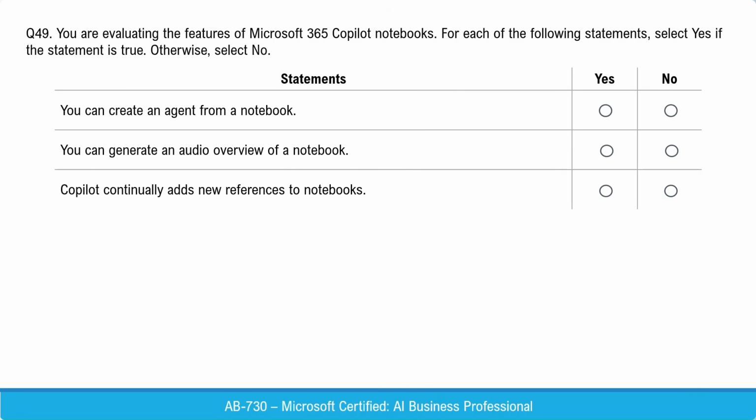Next question. You are evaluating the features of Microsoft 365 Copilot notebooks. For each of the following statements, select yes if the statement is true, otherwise select no. Again, we have three statements. Please go through them by pausing the video over here. And the correct answers are,